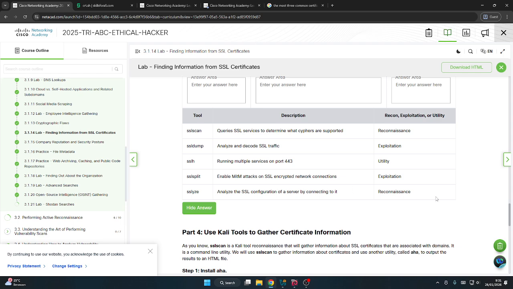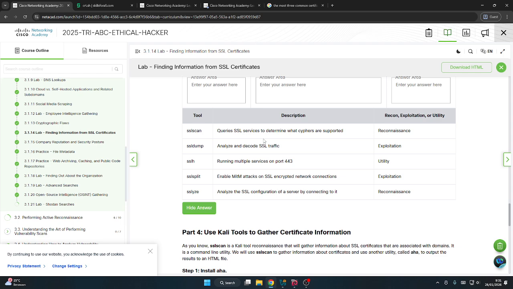So as you can see here, there are 5 tools that we can use for SSL, like SSL scan, SSL dump, SSLH, SSL split, SSLize. SSL scan queries SSL services to determine what ciphers are supported.